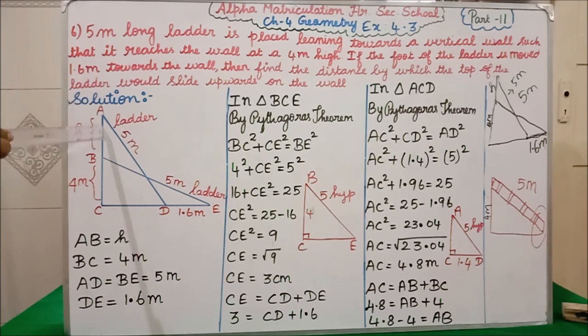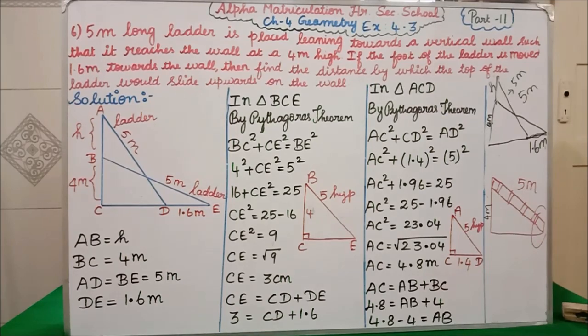Now see, here one triangle we have formed. Now the next triangle we have got is ACD. Can you understand? From B to A, how much height it has moved we don't know. That height only we are going to find in this problem. I hope you all understood, isn't it? How much distance it has moved from B to A we don't know. That only we are going to find now. Clear, students? Shall we start now?